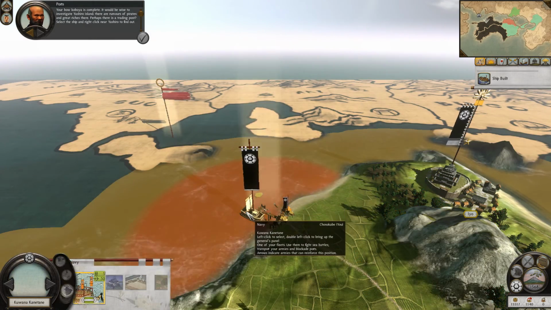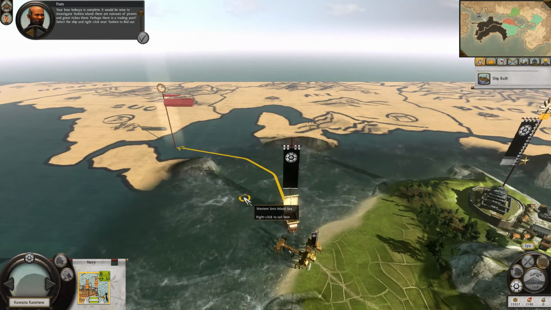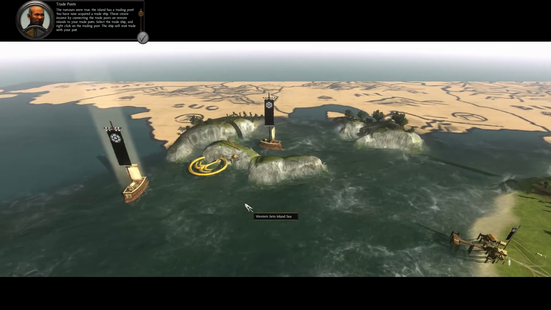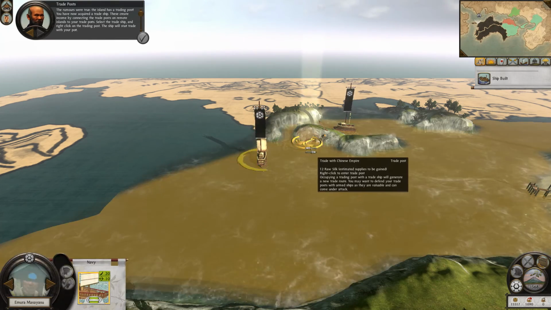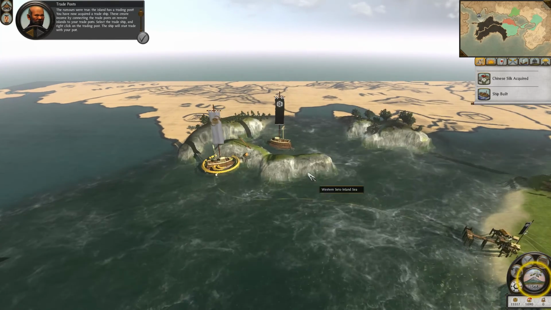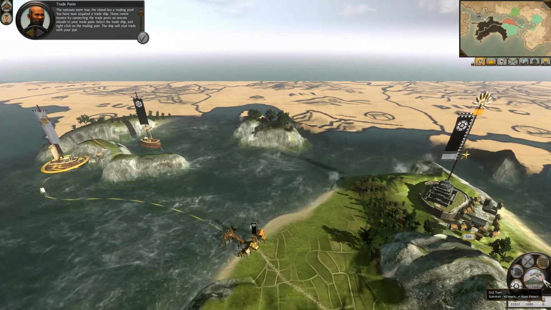Your bow kobaya is complete. It would be wise to test if the rumors were true. The island has a trading post. You have now acquired a trade ship. These create income by connecting the